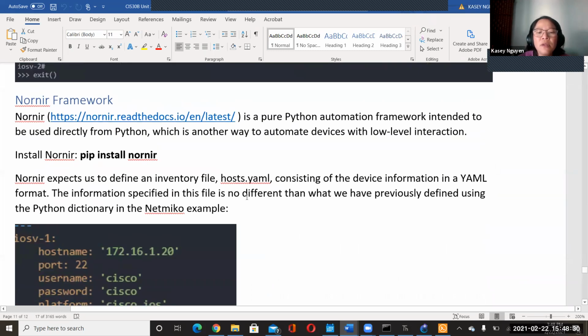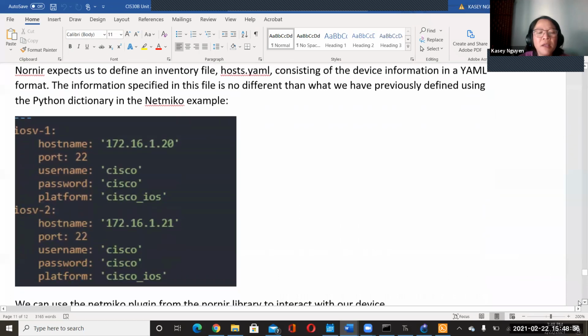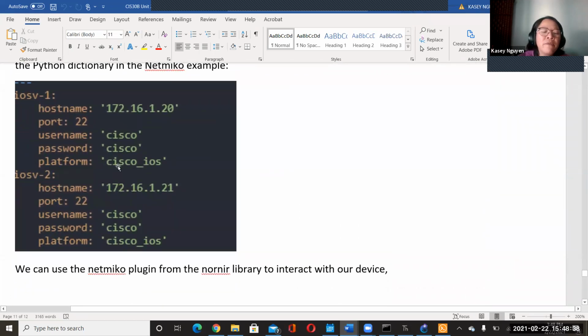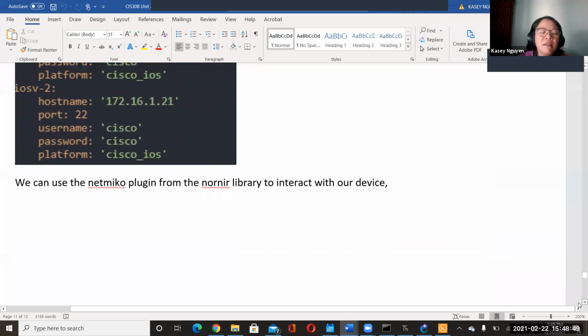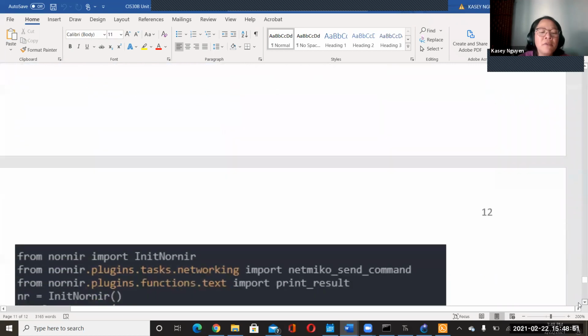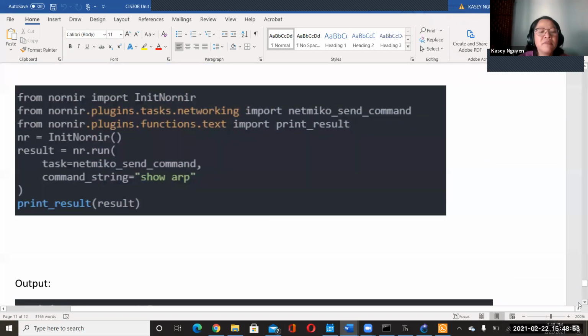And so we have some similar information with Netmiko, but in the case where we're using something like this for our appliances, like host name, port number, username, password, and platform, we can add the plugin with Netmiko for the devices. So it's simplified or streamlined for us.